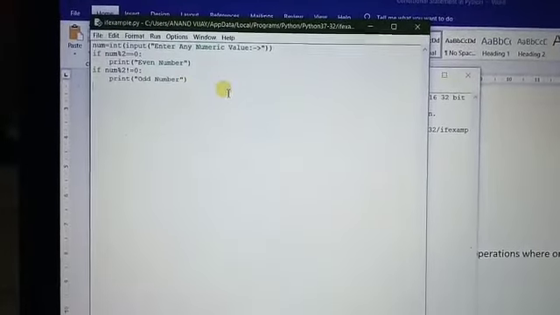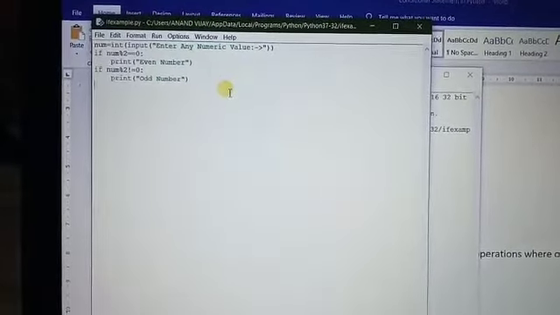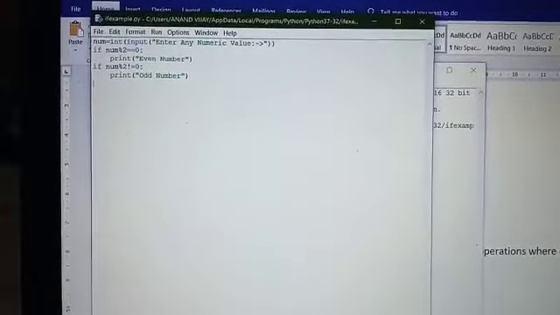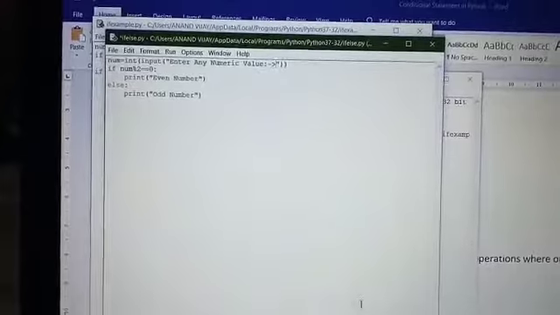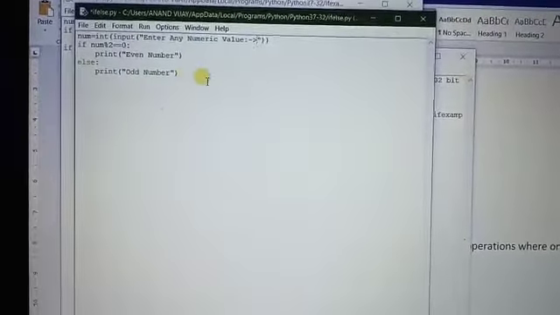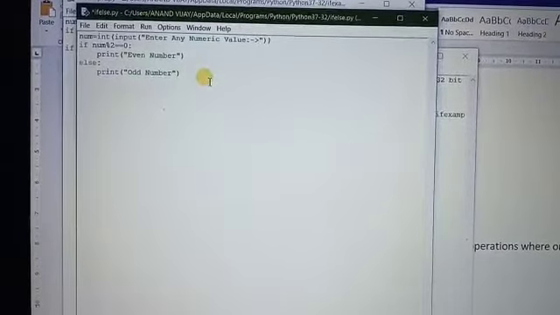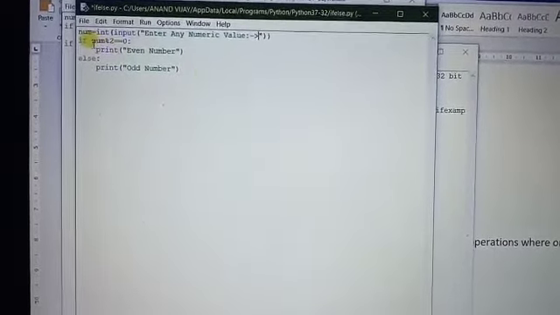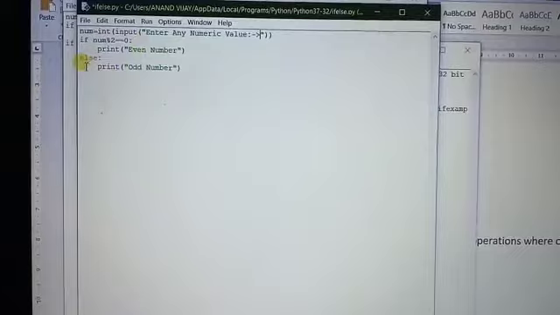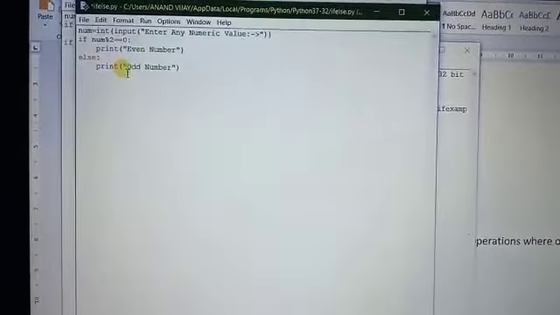I think this video lecture is clear for the single if statement. Now come to the second one, the if else statement. In the if else statement, the same program is mentioned here. Again, we find the even and odd number, but here we have mentioned the if and else blocks. The if block executes when the condition evaluates true. The else block executes when the condition evaluates false.